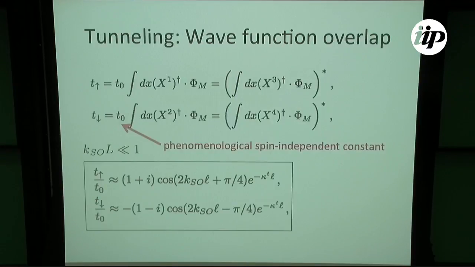So now we would like to calculate the overlap. This is essentially given by just the average. We would like to calculate the spin-dependent coupling, which is essentially given by the overlap of the wave functions, just here. Here T naught is a phenomenological constant out in front, which depends on how you connect the Majorana fermion with the quantum dot in experiment. And in the case of the small dot, you get some easy analytic results given by this, which are